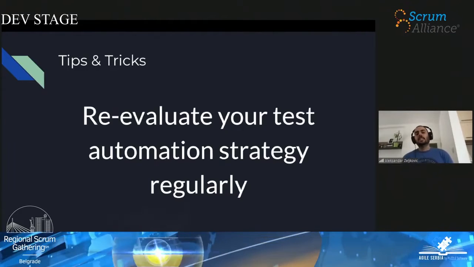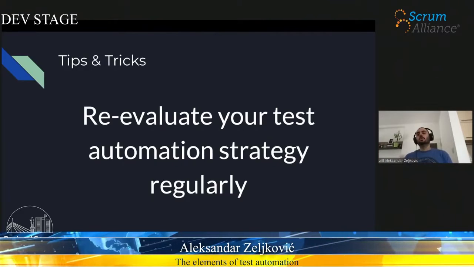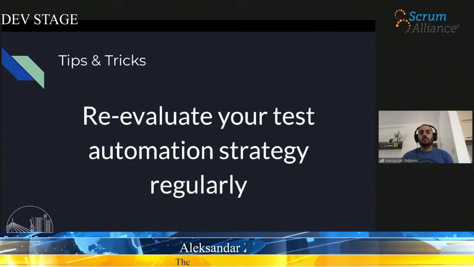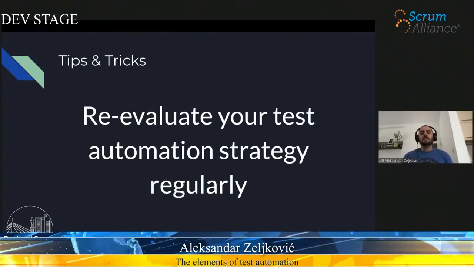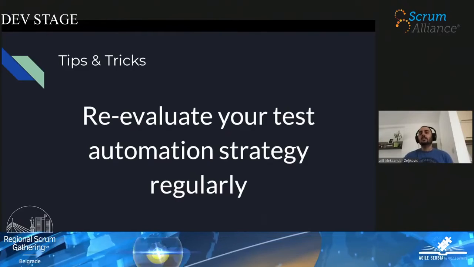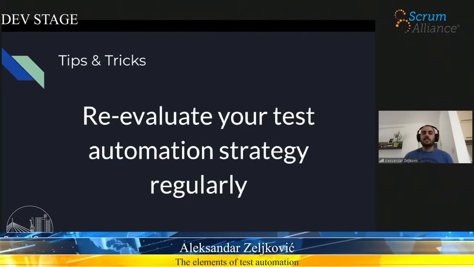You have different skills, there are some better tools, you don't need something anymore, you can remove it, you can change something, add something, and so on and so on. So there are a lot of aspects that can be improved from time to time. So once you have your test automation strategy, don't let it be set in stone. Reconsider your test automation strategy from time to time and be able to provide the highest possible value at a given moment for your test automation.